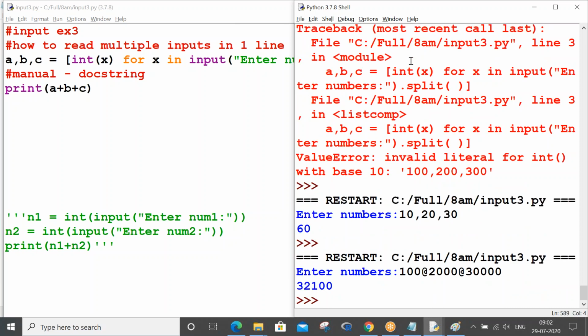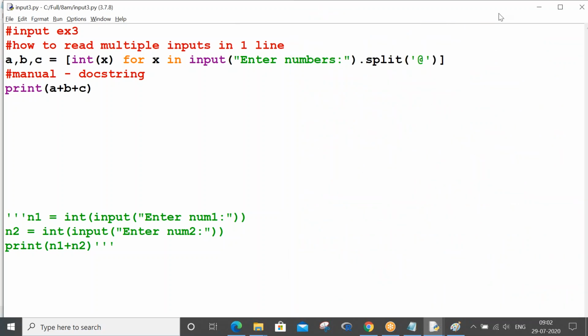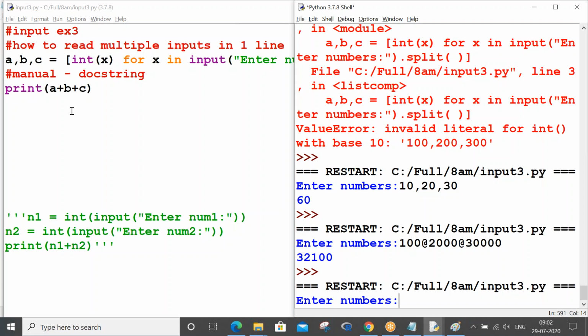Can you see? The separator is what you have to mention in the braces. So that's how it goes. In the same way you can put a space. Right. Now, what is the other drawback of this program? Let me tell you.